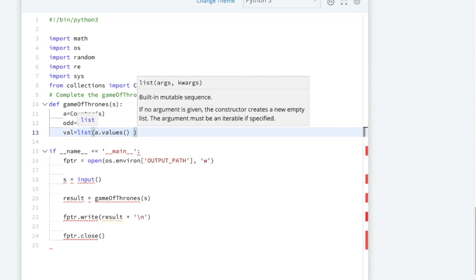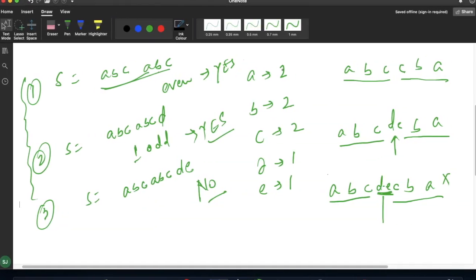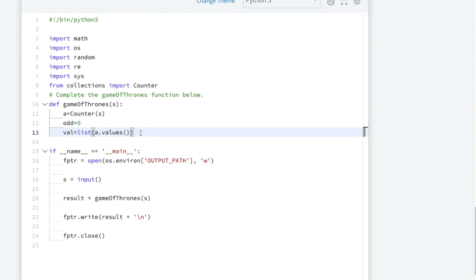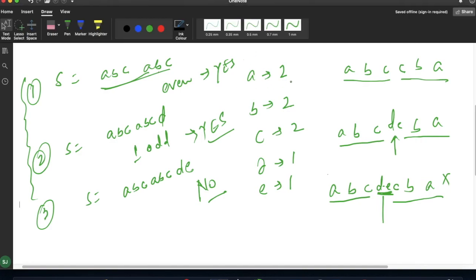Now I have to check whether the occurrences are even or odd. We have to check whether the occurrence of each character is even or odd. Now for v in val, for each occurrence, like for A I'm getting 2, for B 2. So if this is my string, then my val will look like 2, 2, 1 and 1.